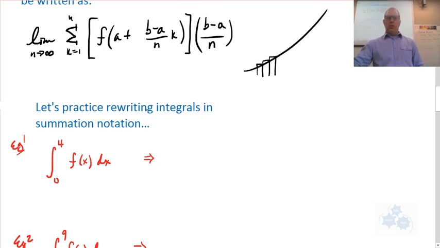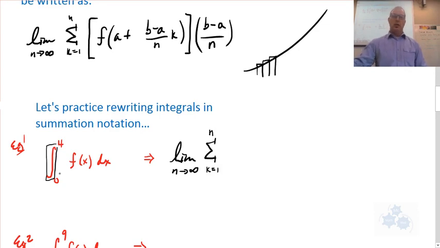All right. So, of course, the integral needs to be written as a limit as n approaches infinity. So we're going to have an infinite number of rectangles, and we're going to add up the areas of all of those rectangles. So we need a sum notation, and that goes all the way to n. So the integral is represented by the limit of the sum. Now, f of x, I'm going to use square brackets here because I've got to use a number of different little brackets. But that's going to be f of, now remember it's a plus b minus a over